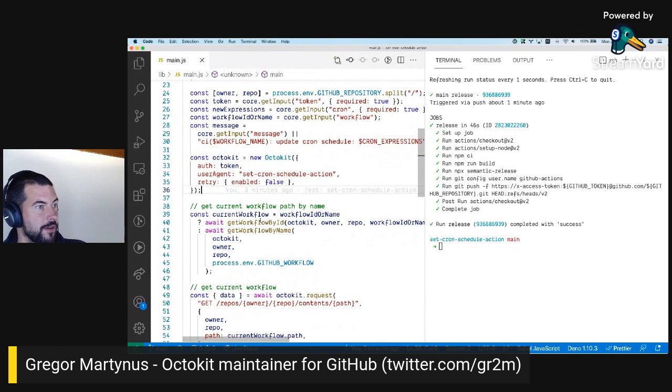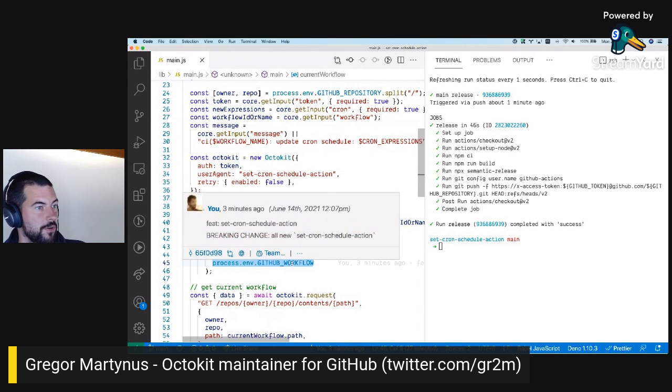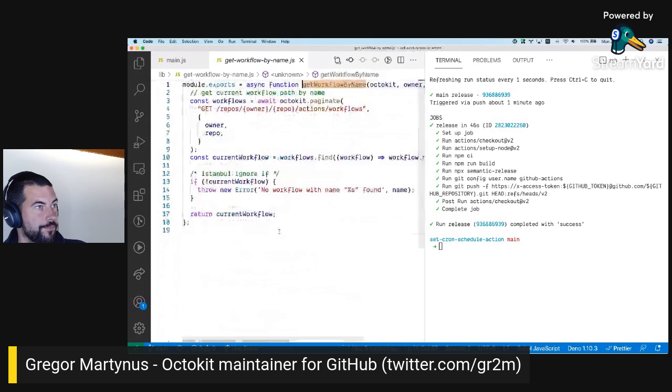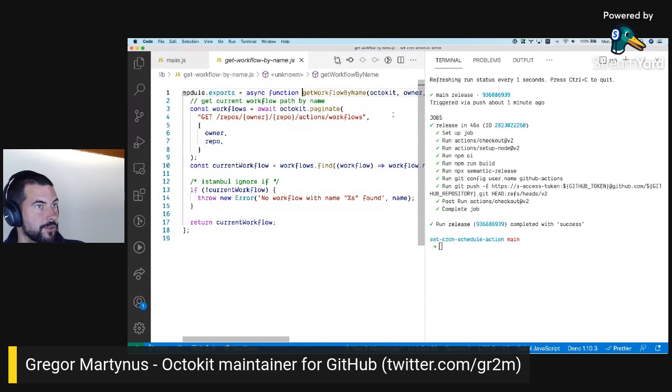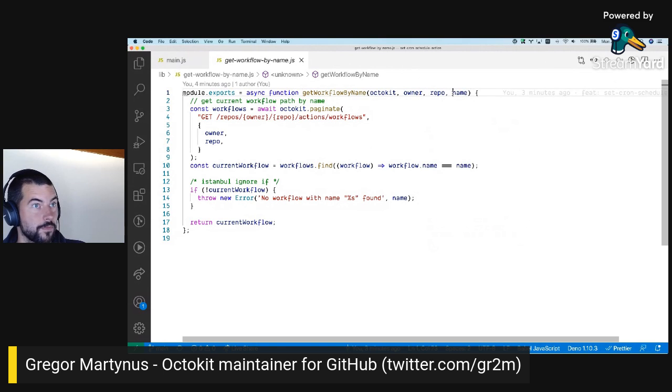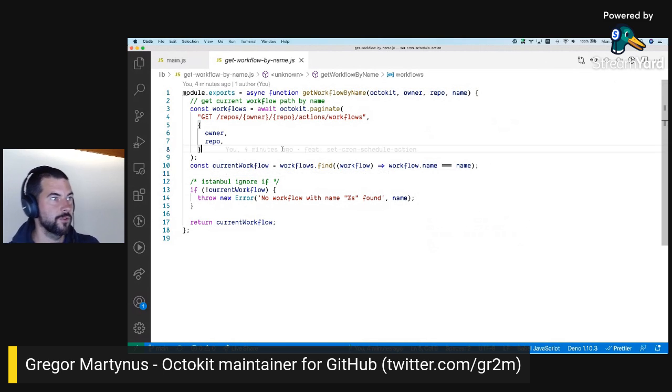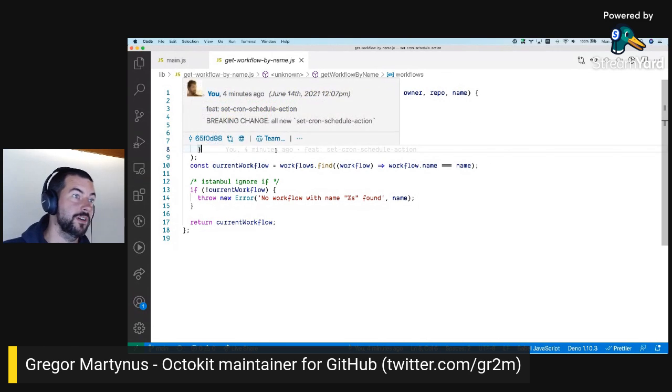And I either get the workflow by ID, if the workflow ID was passed, and if not, then I load all the workflows from GitHub, and then compare to the current name that I pass here. Unfortunately, there is no easier way to find the current workflow, not as far as I know.